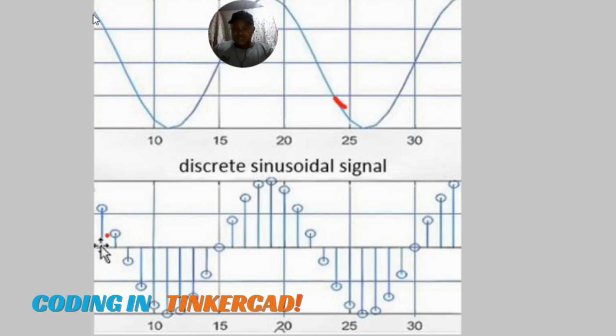In continuous, we have all the values being covered here, and that results in this smooth curve. Any point between here and here, you are able to obtain it from the curve. If I want 11, I can get its value. If I want 11.1, I can get its value. If I want 14, I can still get its value. So for the continuous signal, we are able to get all the values between specific instances of time or specific